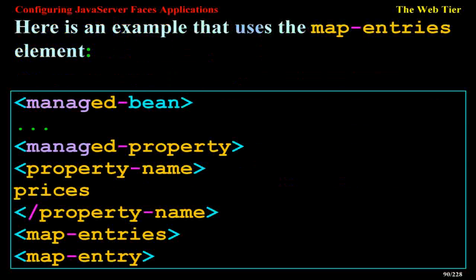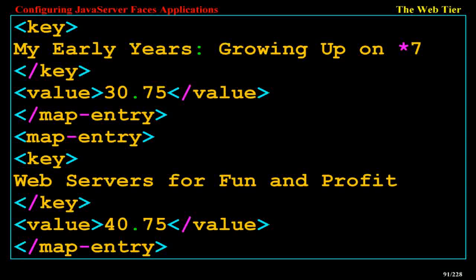<managed-bean><managed-property><property-name>prices</property-name><map-entries><map-entry><key>My Early Years: Growing Up on 7</key><value>30</value>